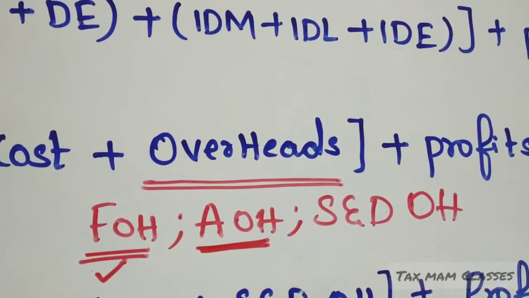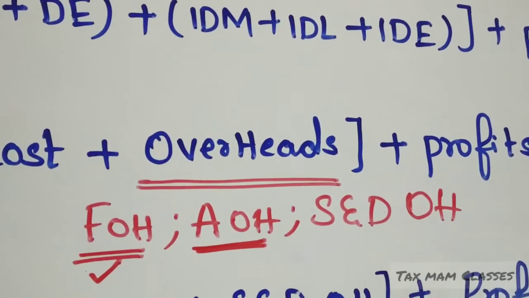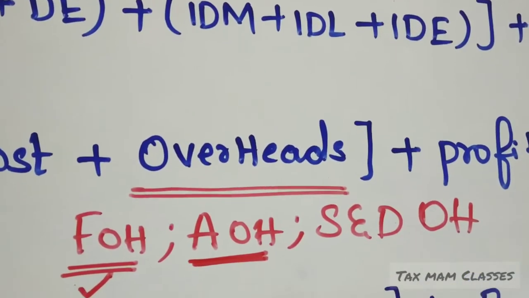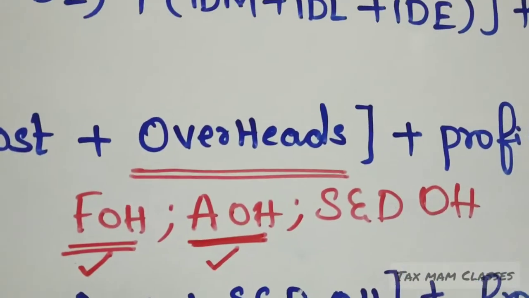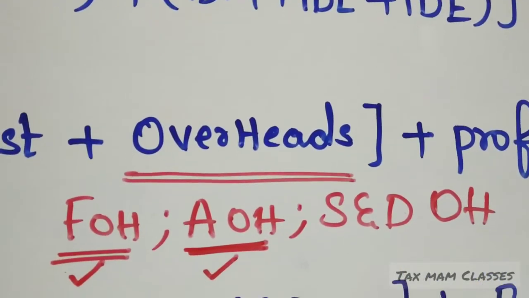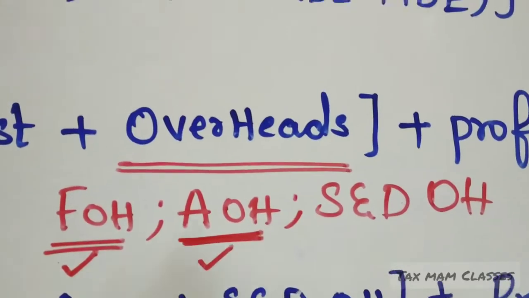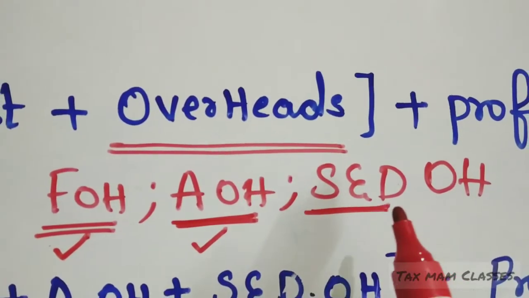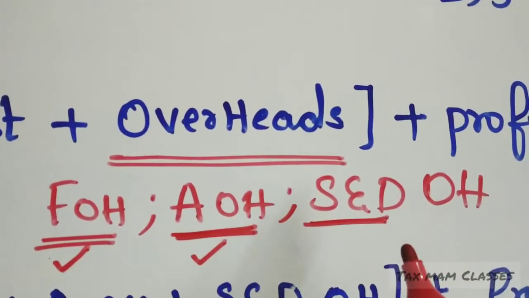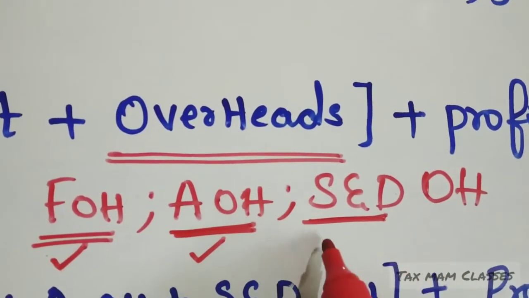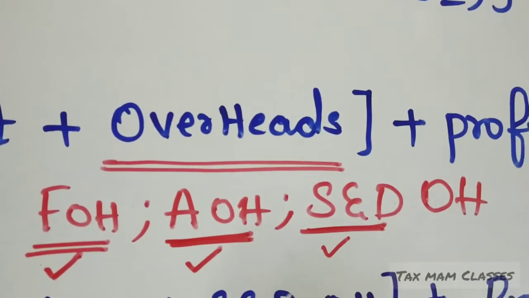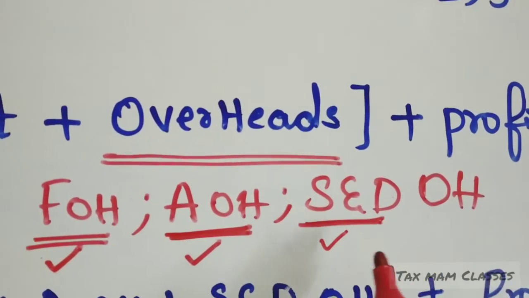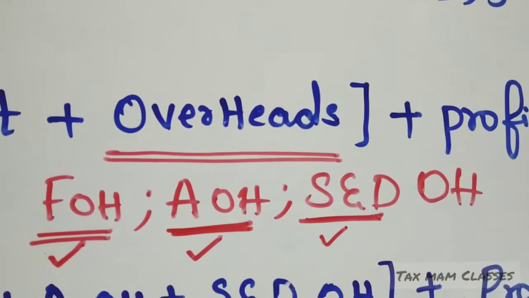Administration overhead means the salary we are paying to the managers and the director fee; that will be covered under administration overhead. It is an expenditure, but it will also indirectly affect the cost price of a product. And selling and distribution, as the name suggests, is for selling and distributing the product. We will have several expenditures like transportation, distribution cost, packing cost. These will be covered under selling and distribution overhead.